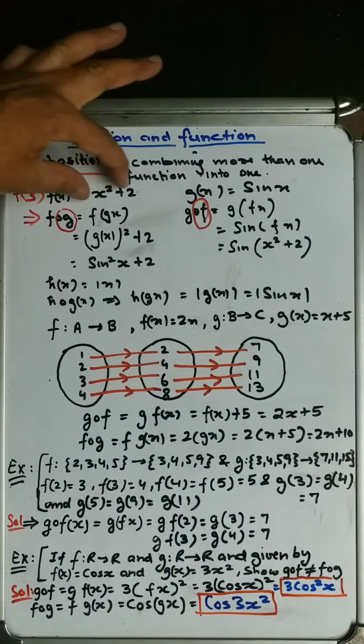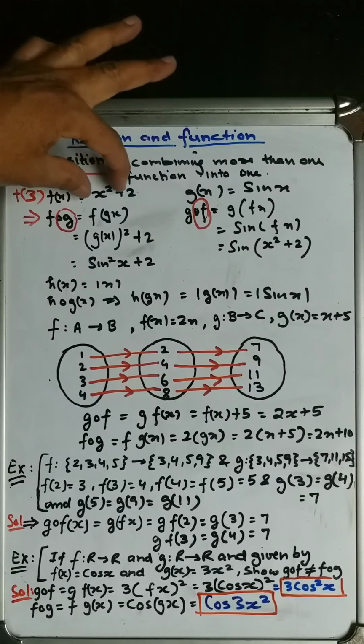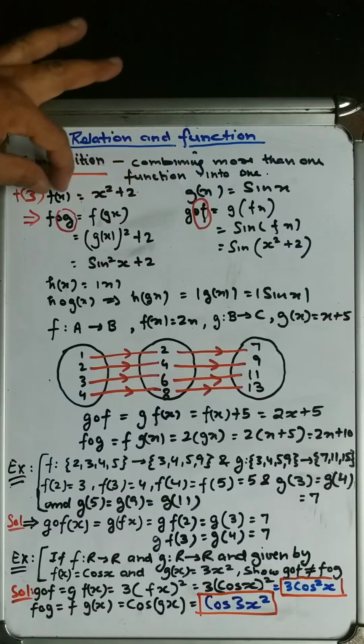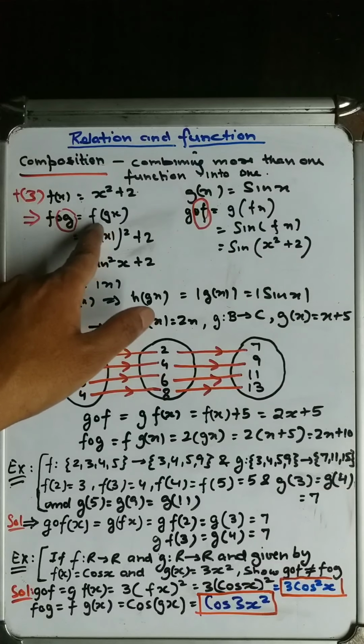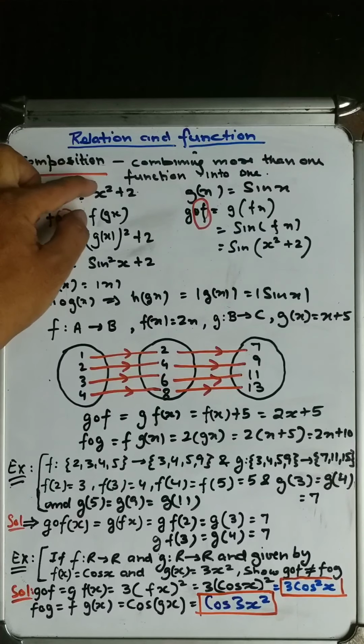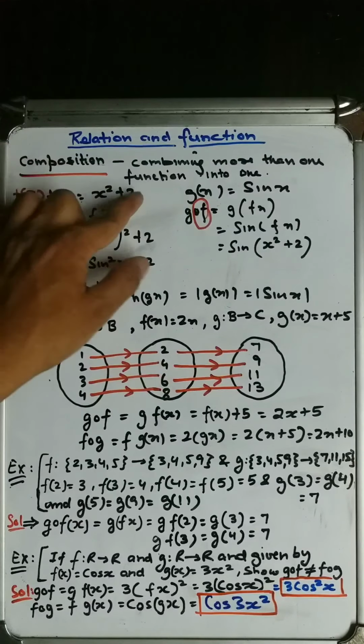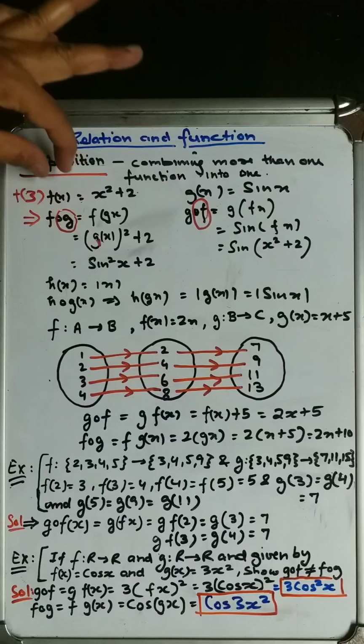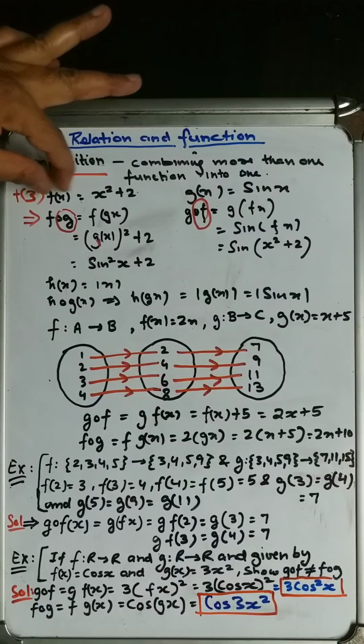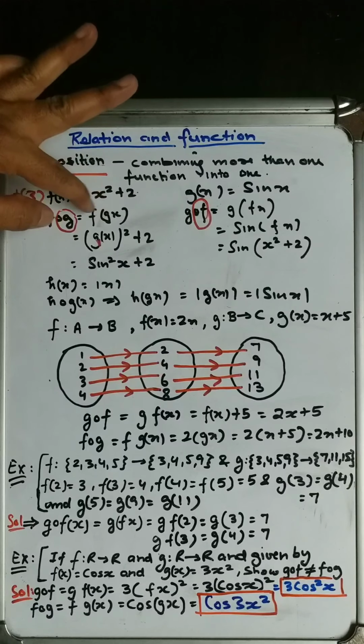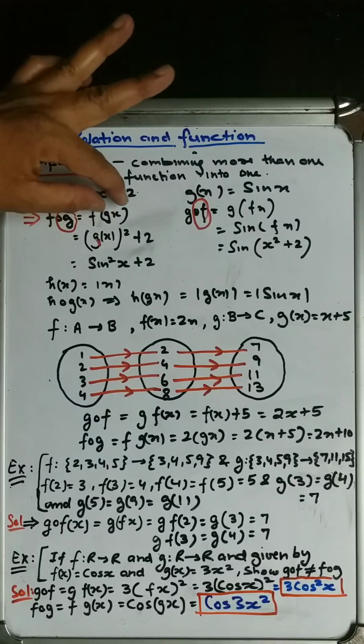What is the domain now? Domain is the function of f. f(x) was the function. So in place of this x, when x was the domain, we are writing g(x) here as the domain. When we have f as the function, write x square plus 2. What was x? x was the function g(x). Let me explain again. Suppose f(3), 3 is the domain, we write 3 square plus 2. In this case g(x) is the domain, so leave it as g(x).